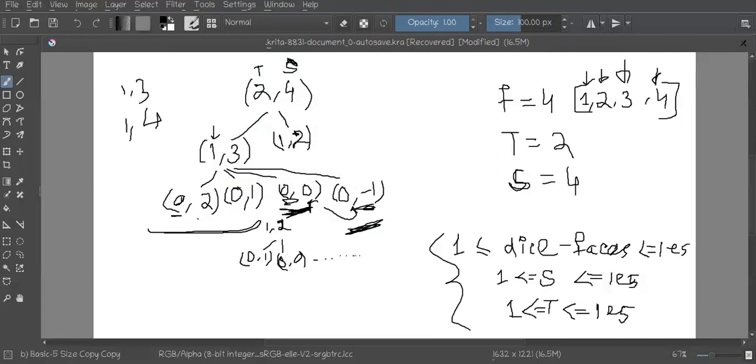It is just telling me that all the trials are used, and we still were not able to make the given sum. So right here we just need to return 0, isn't it? And right here we just need to return 1, because I got a count. Okay, so in this way we'll try to solve it.